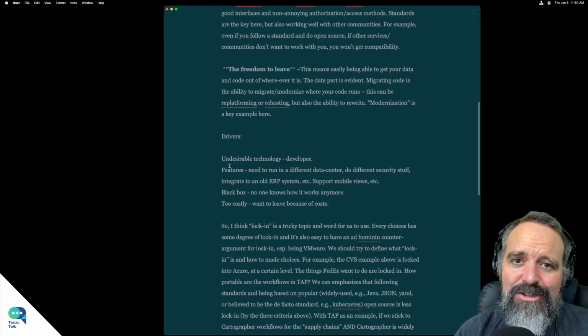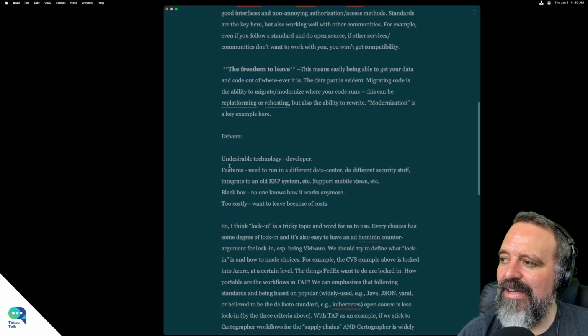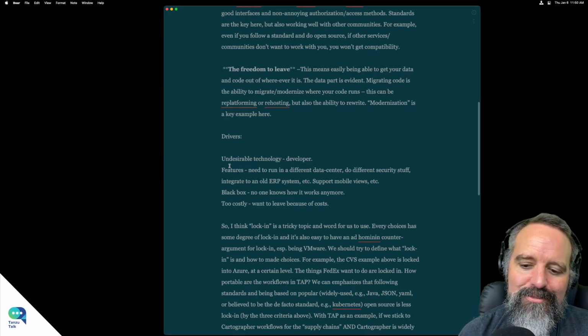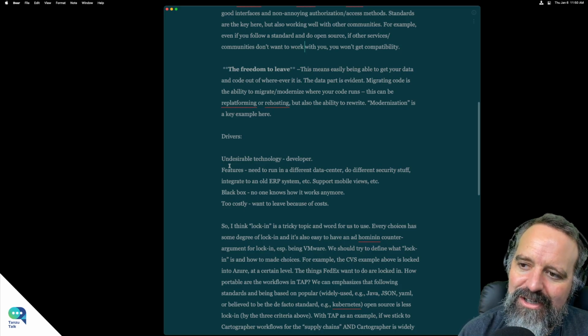Because again, doing things in Kubernetes is extremely early on, despite the fame that it has. So you want to give yourself a lot of optionality in the future of how you might start using new platforms, or platform's the wrong word, but new ways of deploying and running your software.